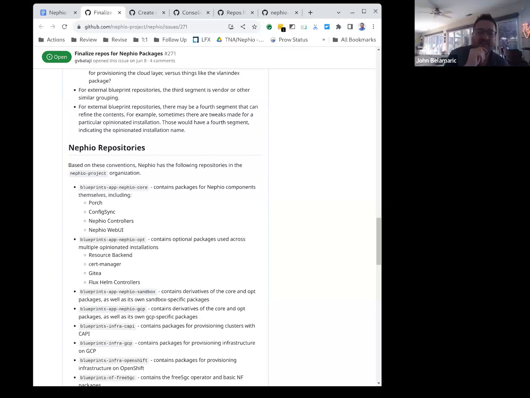I think that works. We've used it some. There were some bugs in it initially, but I think the subdirectory repositories are working now.